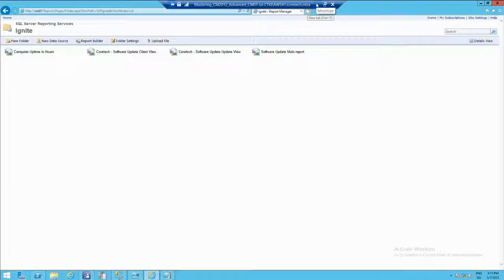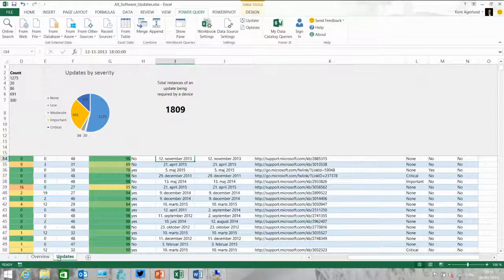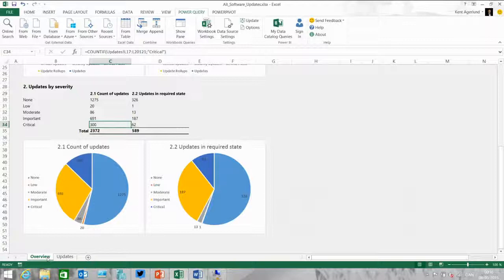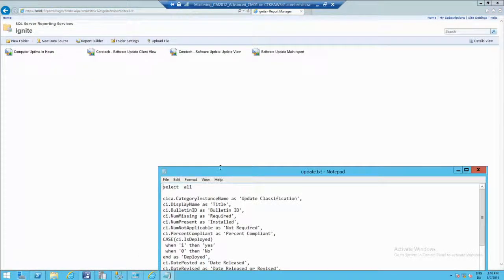Just before I get started here, I want to show you the end result. This is a standard Power Query in Excel, and I've just retrieved the data from my own server. You can see in here, this is the kind of stuff that my manager will understand because we have some fancy colors and everything. I don't know how many of you are really in love with the standard Configuration Manager reports. Probably some of you would like to see charts and fancy stuff like this. So with the very same query, and I have the query right here,